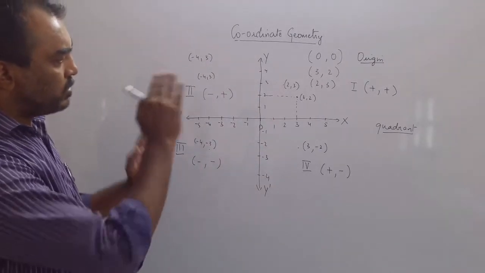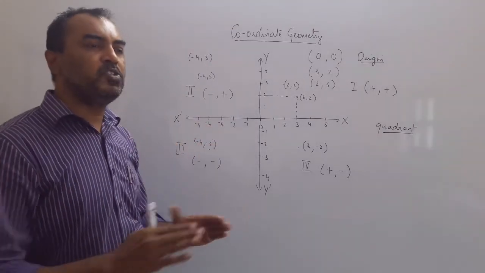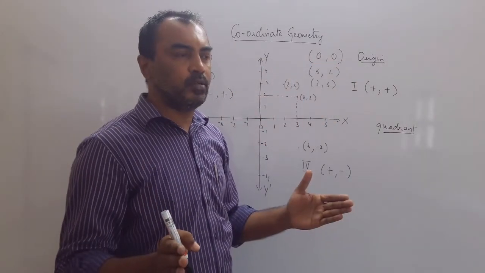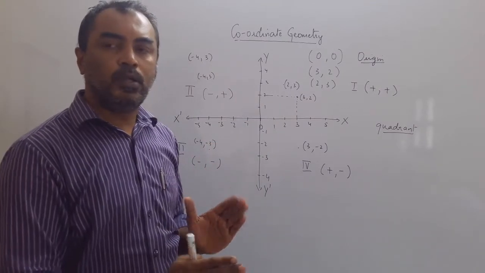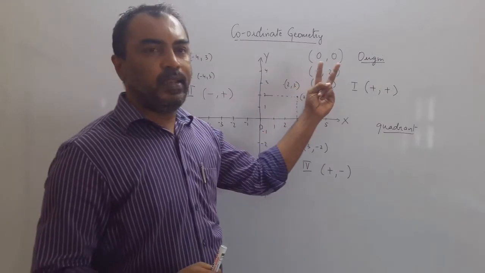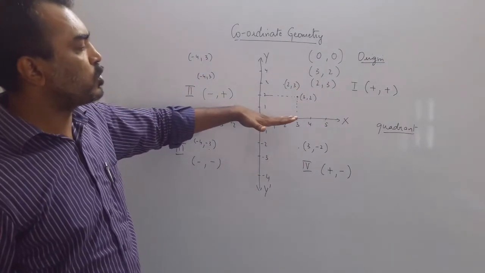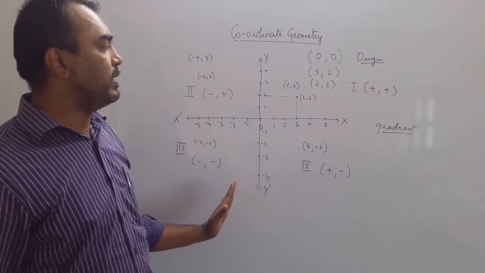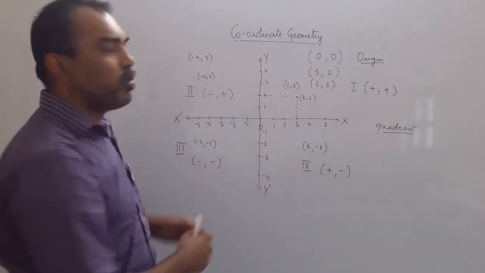One last recap of the whole thing. In a two-dimensional space, we need two coordinates to show the exact location. Yes, I told you the example of the society and the house number, or the child sitting in which row, which column. Two numbers are needed to show the exact location on a two-dimensional space. So we have a horizontal axis called the x-axis and a vertical axis called the y-axis. Then this divides the whole space into four quadrants.